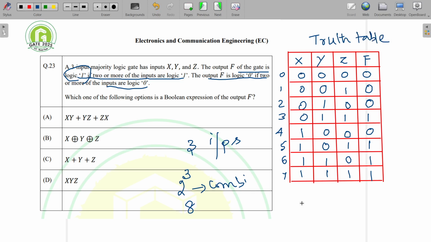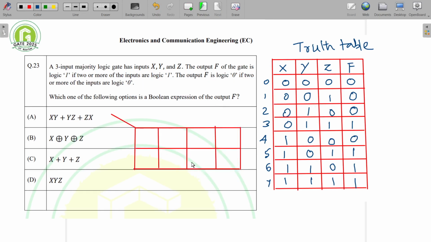Once you have this truth table, you can go for a K-map. So we have drawn a K-map to simplify this truth table. Here you can take X and Y as the variables 0, 1, and here it is 0, 0, 0, 1, 1, 1, and then 1, 0. So this cell represents 0, 1, then this is 2, 3, then this is 4, 5, and here it is 6 and 7. If you check the ones at the output, it corresponds to 3, 5, 6, and 7.